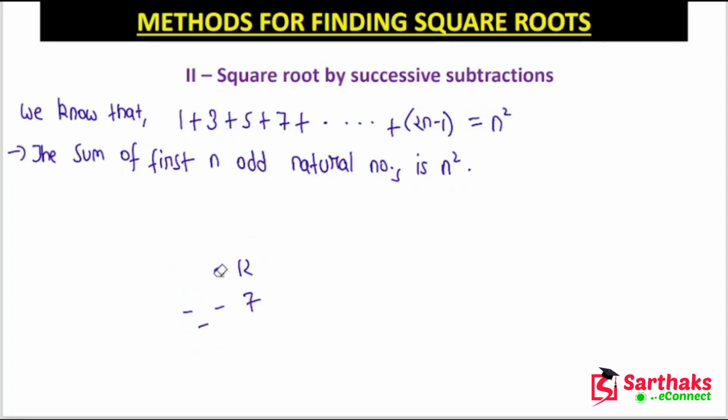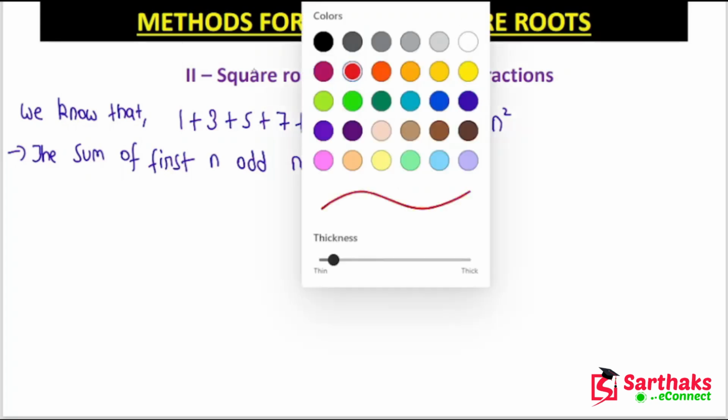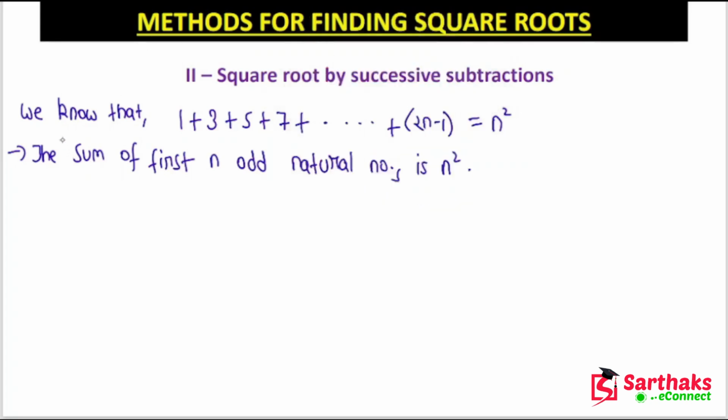But you can clearly see that this property is very time consuming, so it is suitable only for smaller numbers. Tomorrow if I give you, suppose, 18 square, this is a perfect square, I know it, and I ask you to find the square root using successive subtraction, you have to subtract the first 18 odd natural numbers. You can think how lengthy it would be. Okay, so I can write about this property that